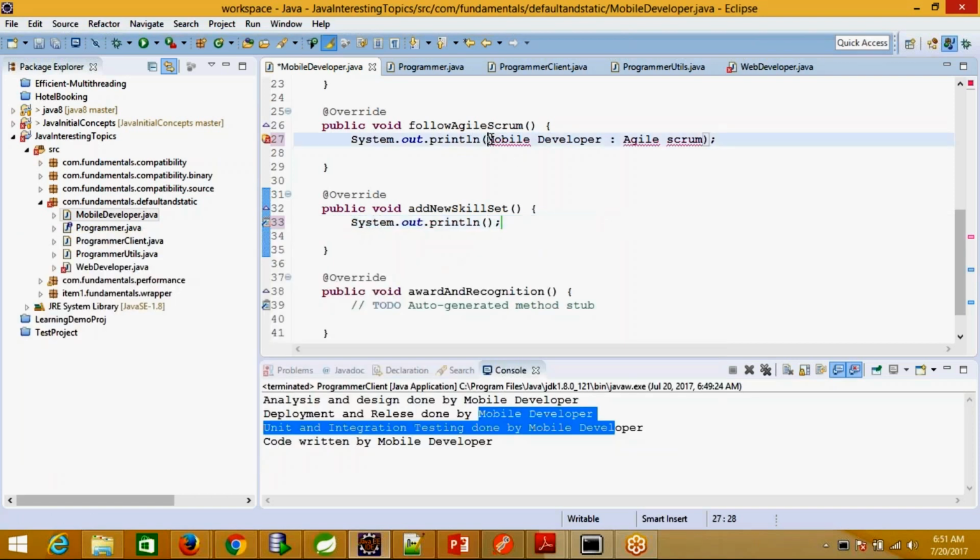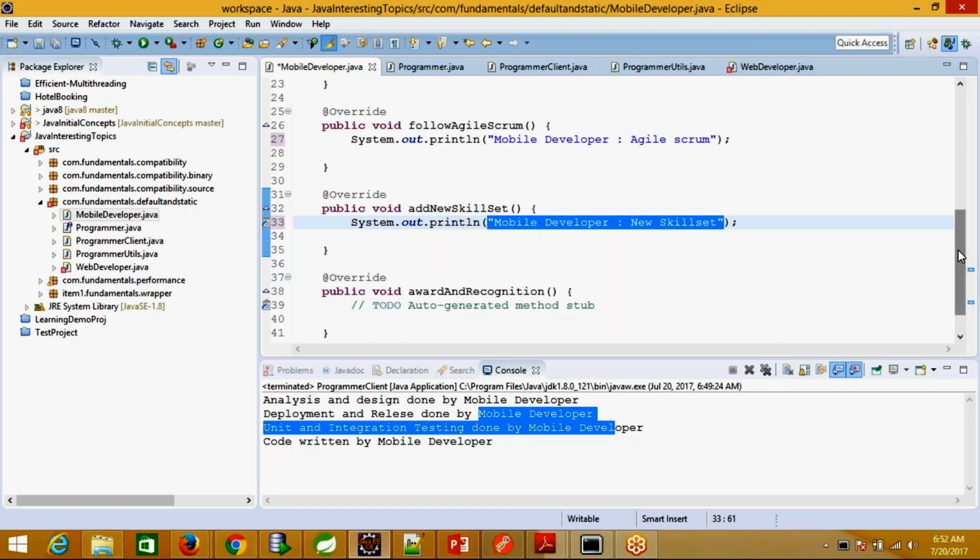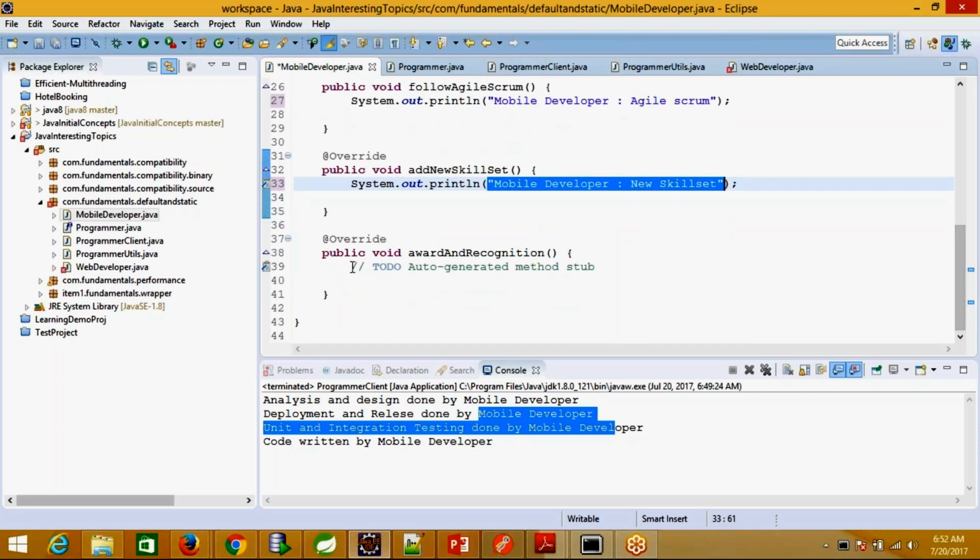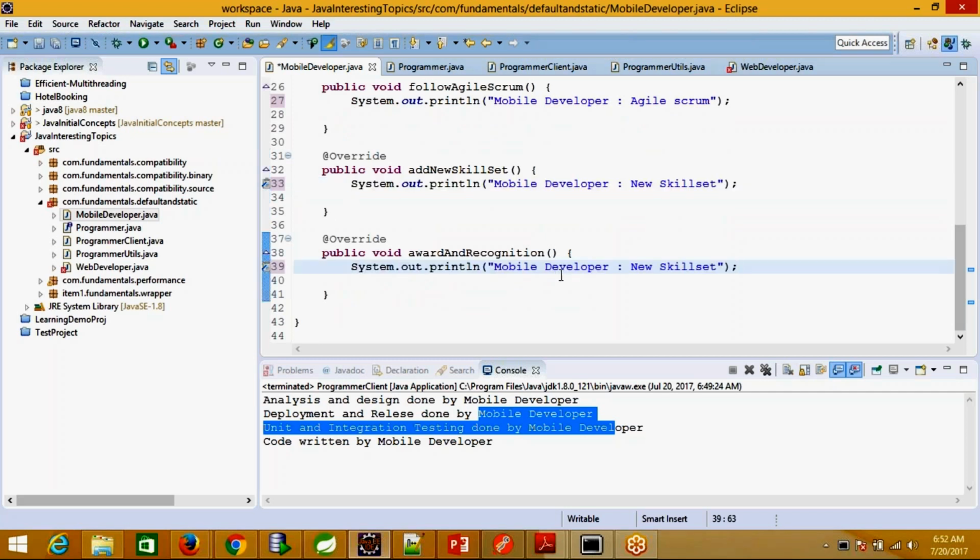The mobile, again the same thing, and I just write new skill set, and this time the same applies for award and recognition also.